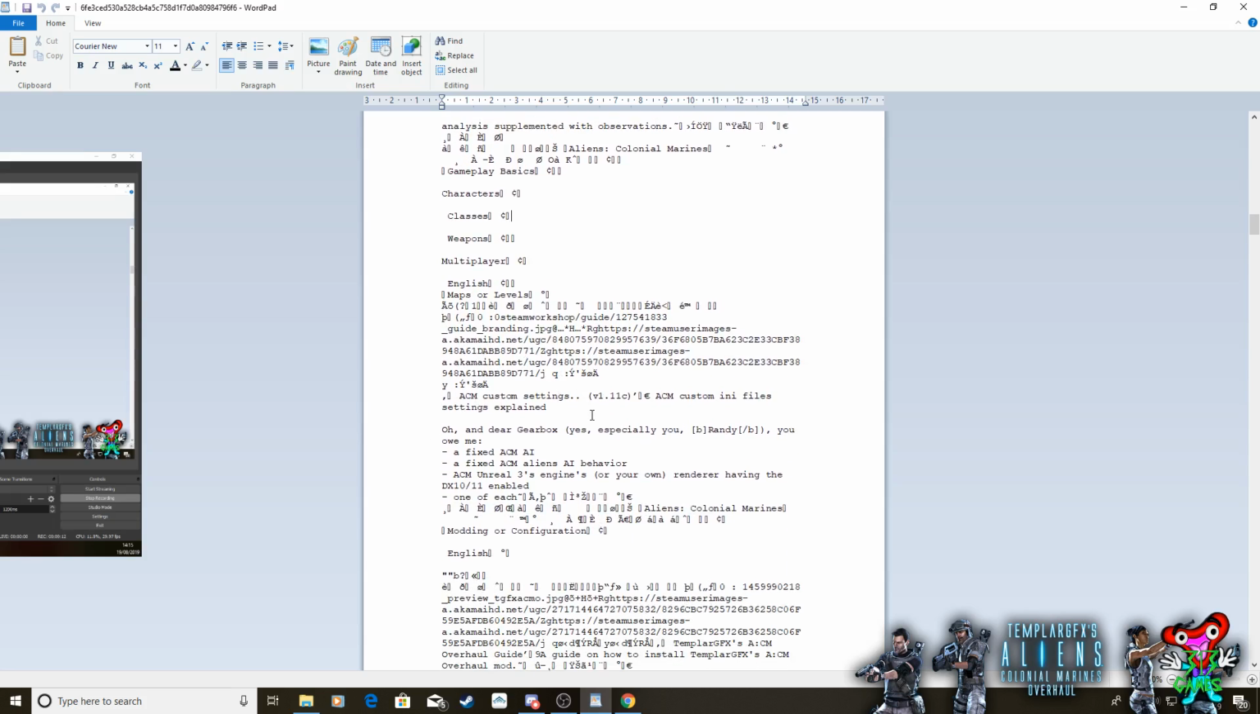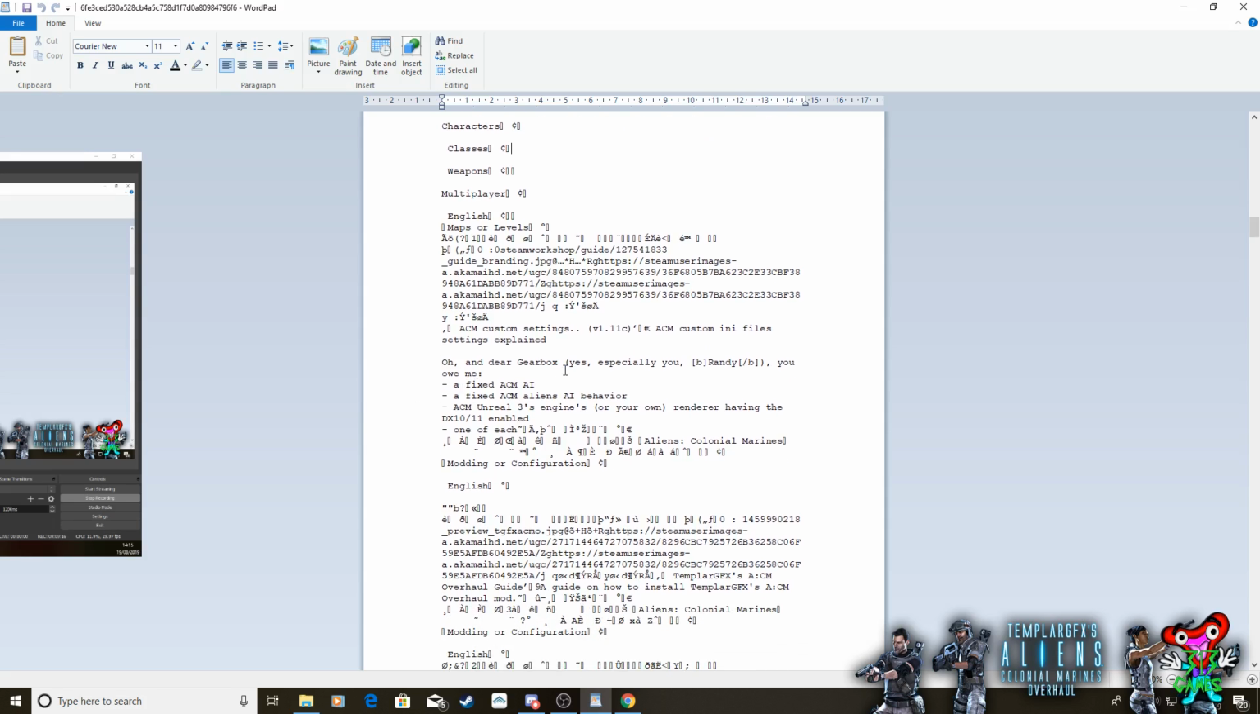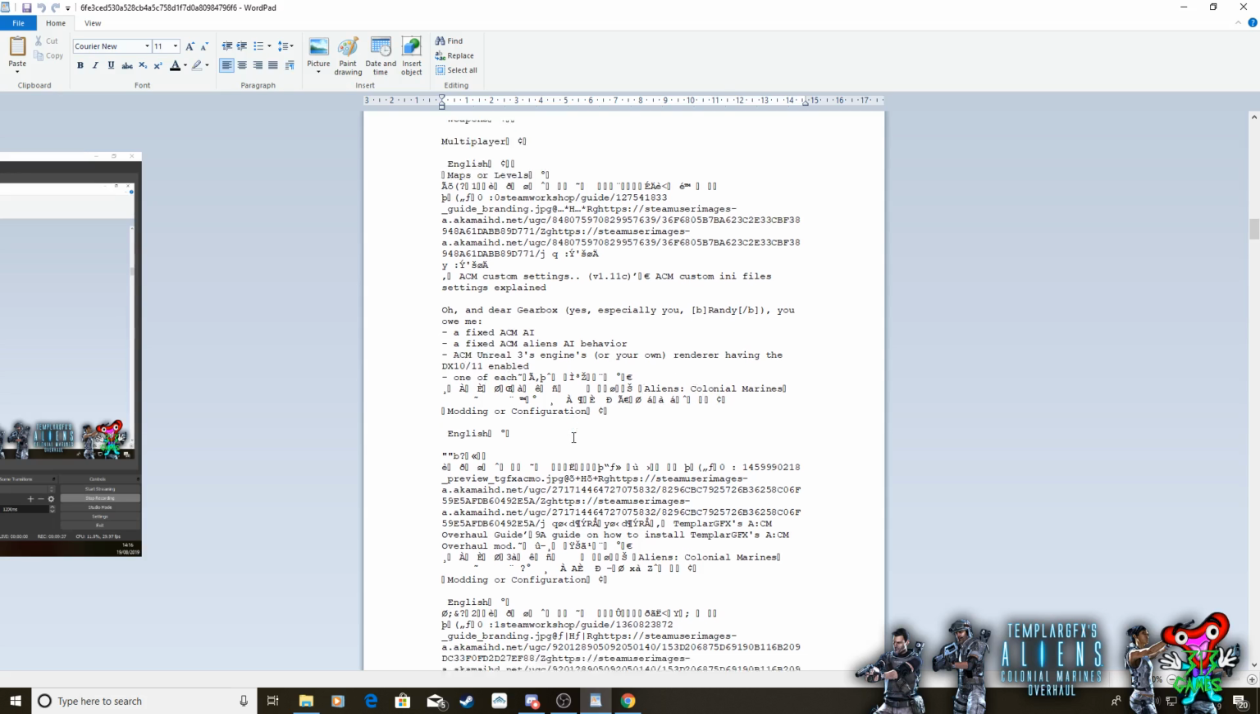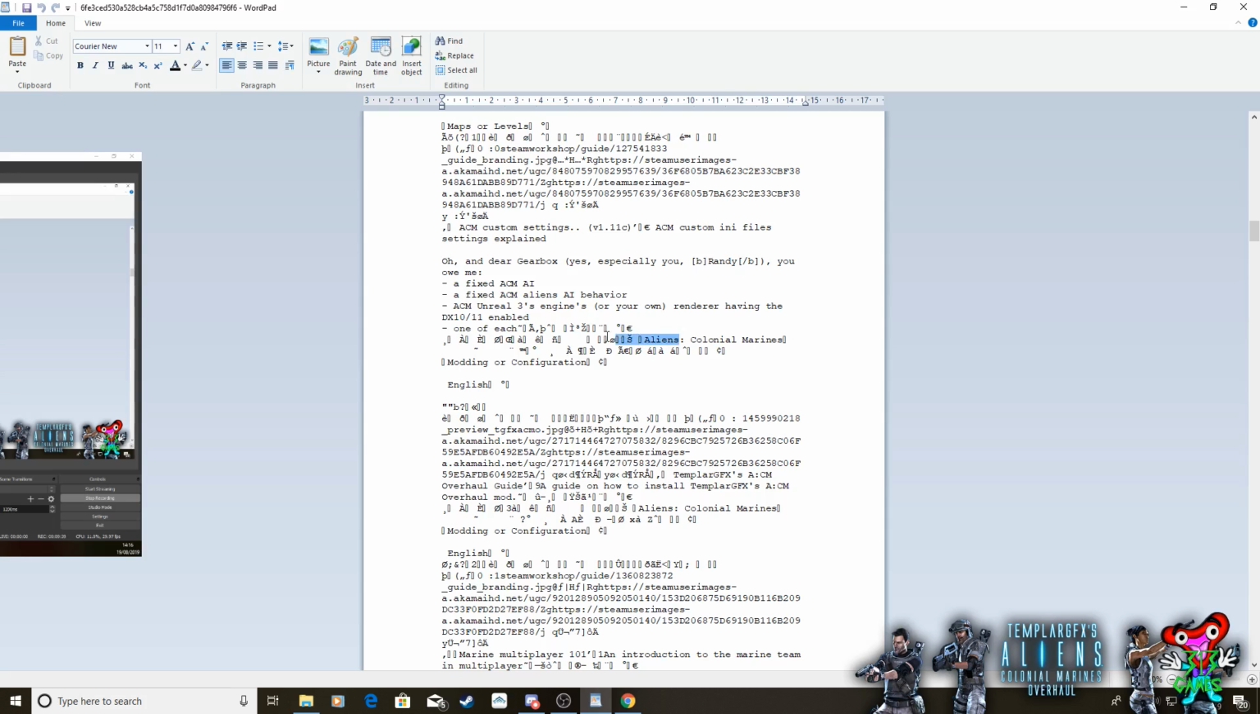ACM custom settings. Custom INI files settings explained. Oh, and dear Gearbox, yes, especially you, Randy, you owe me. A fixed ACM Aliens AI behaviour, ACM Unreal 3 engine's or your own renderer having the DX10 or 11 enabled, one of each. Encrypted. Aliens: Colonial Marines, modding or configuration. I don't know if this is going to be able to read this, but